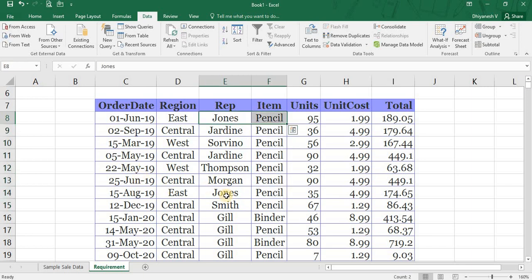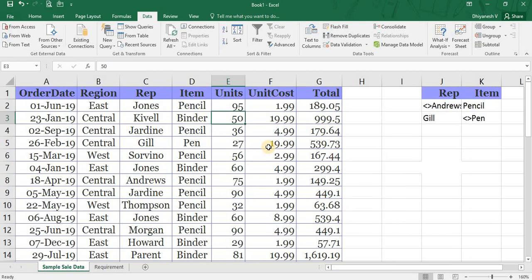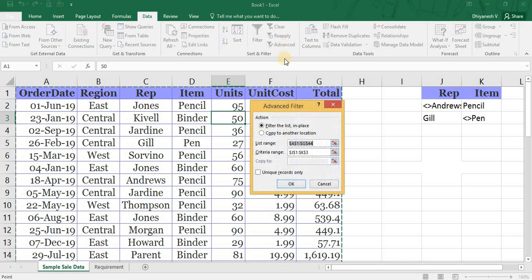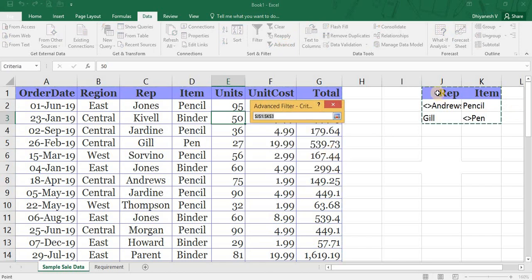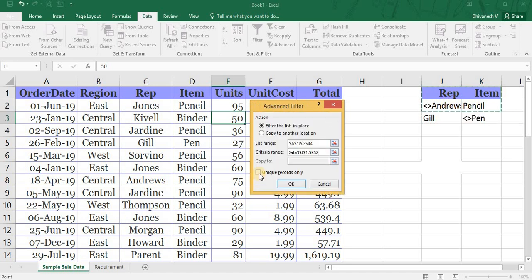You can see John sold a pencil twice and Jordan sold a pencil twice, but Smith sold only once, Morgan only once, Thomson only once, Sorvino only once. So I am specifying the criteria not by Andrews, selecting the checkbox unique records only, and selecting OK.